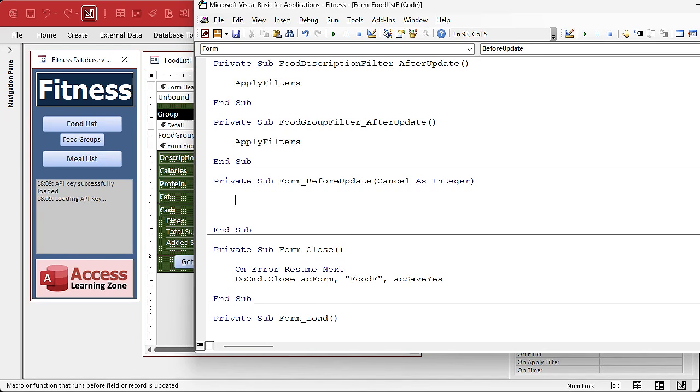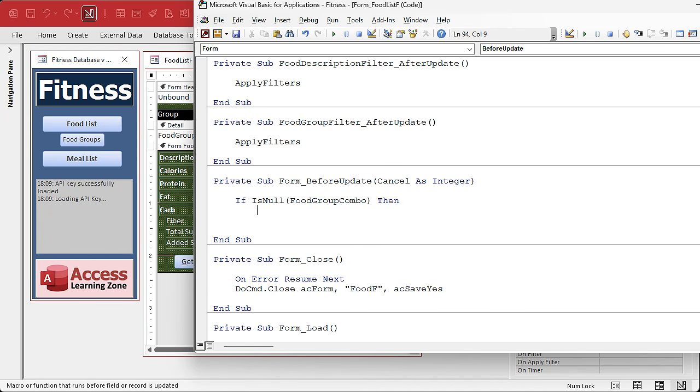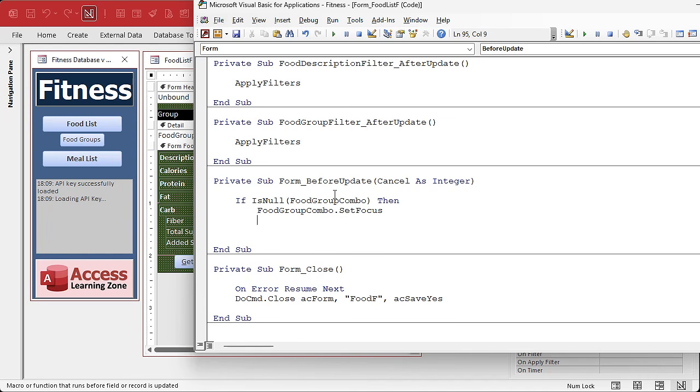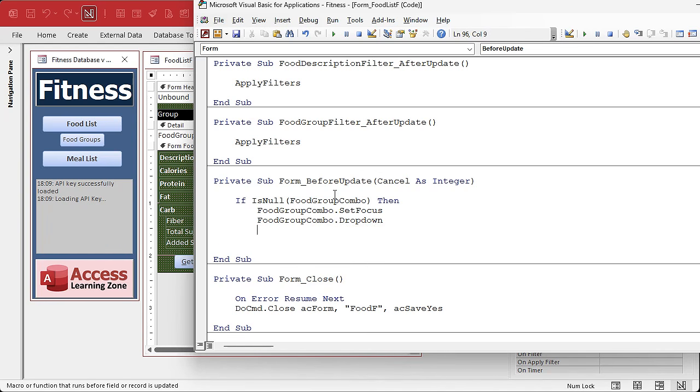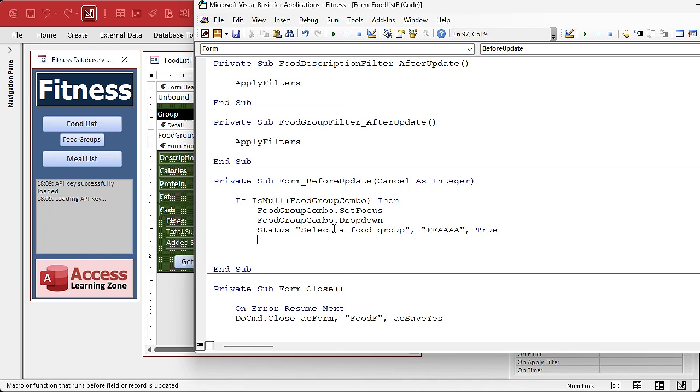So most of the time you'd check and say, if IsNull food group combo, then, and at this point we don't have one picked, so we'll say food group combo dot set focus, and then food group combo dot drop down. And then we'll set the status over here in the status box, or you can use a message box, whichever you prefer. Status, select a food group. And then I'm going to put a color in here. Let's say FFAAA, that's red. And then speak it. Those are things I did with the extended cuts for the members, right? Okay. And then we're going to